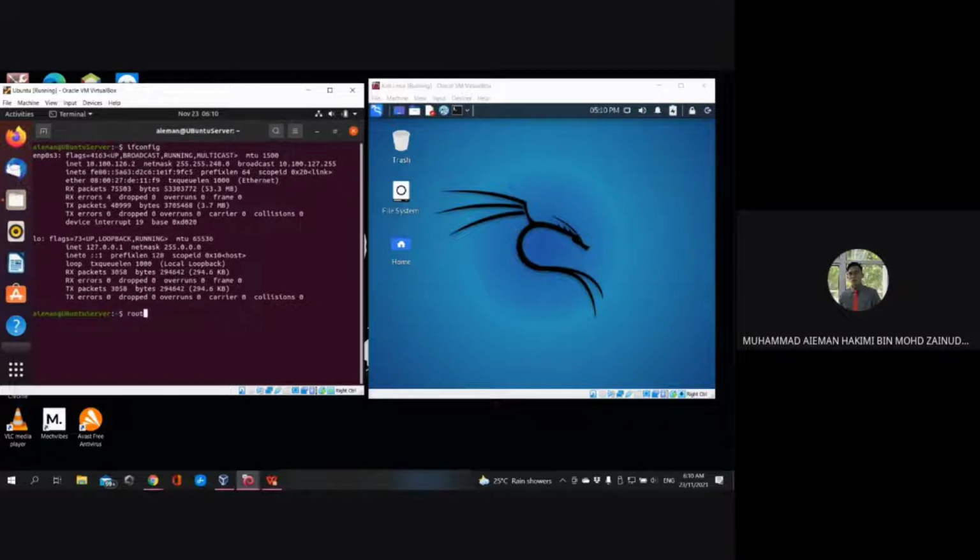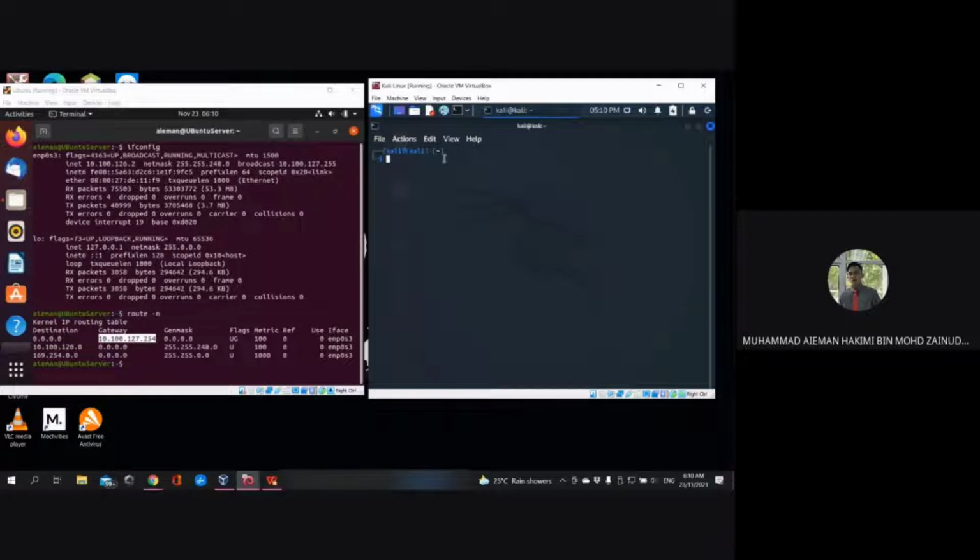Insert the command route -n to see our default gateway. As you can see, this is our default gateway. So in the Kali Linux, open the terminal, go to the root mode with the command sudo su, and enter our password,